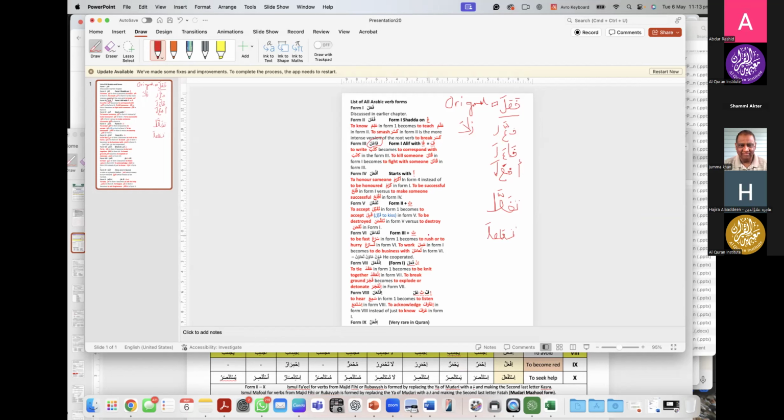So 7 is unique. You have to remember, in is added with Form 1. Fa'ala, in fa'ala. In added to 1 and 7. 1 and 7, what's the relationship? 7 is fa'ala from 1 plus in added at the beginning. In added with Form 1 makes Form 7, in fa'ala. And Form 8, okay, this is in fa'ala. So it is fa'ala